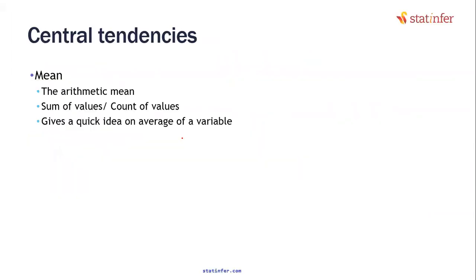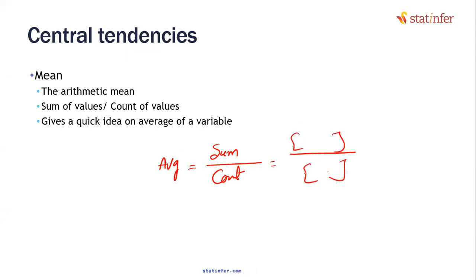And how do you calculate the average of any numerical value? Average is possible only for numerical values. Average value equals the sum of all the values divided by the count of the number of records. If you want to calculate the average age, it is the sum of everyone's age divided by the count of number of people. If you want to calculate the average income, it is the income of every individual divided by the number of individuals. This is known as average, also known as arithmetic mean. How is it calculated? Sum divided by count.